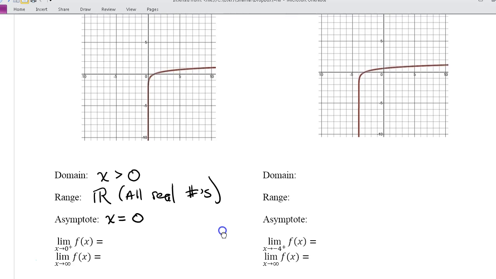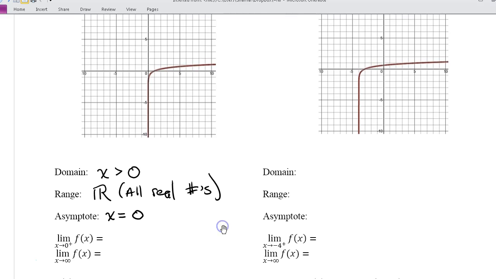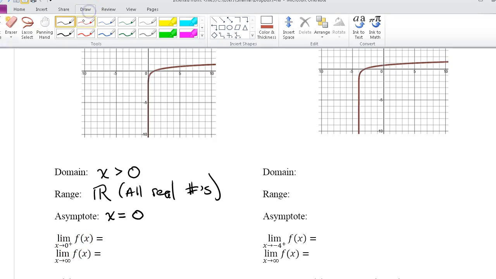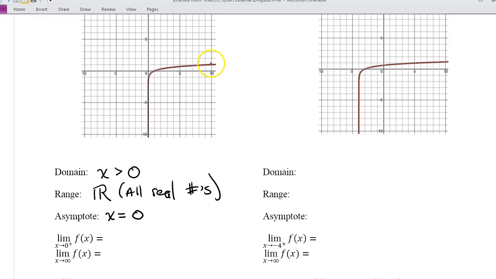And now we're ready to talk about this limit concept. So the way we read this first statement is the limit as x approaches 0 from the positive side. So as I approach 0 from the positive side, or from the right, I'm approaching 0 coming from the right, so I'm actually traveling to the left. So as I get closer and closer to 0, we can see that I'm going to keep going down